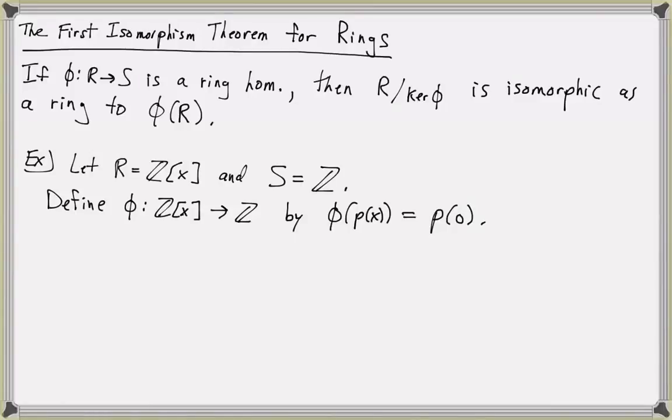So this map is a homomorphism. We actually demonstrated this when the coefficients were rational numbers. So the same work would show that phi is a homomorphism of these two rings. But phi is also onto